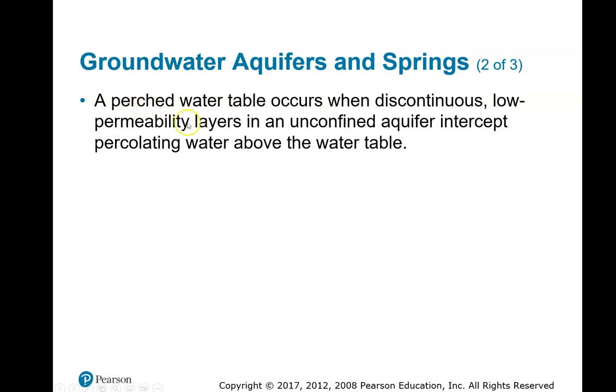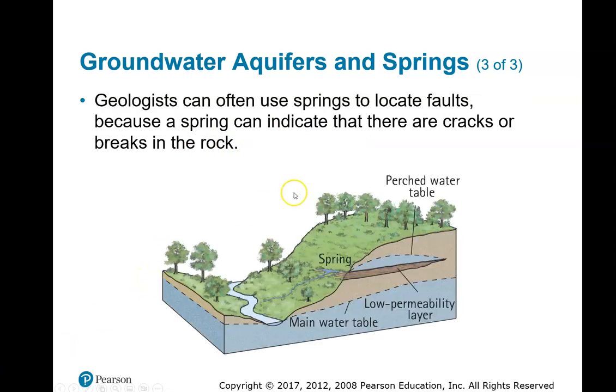Perched. Okay, so perched water is... Let me get a picture of this. It often occurs in these discontinuous low permeability layers. So you have to have a layer where the water is not flowing from one layer to the other. And here, it's so much better to look at a picture of this. Now, let's see if it shows it. Okay, I should have looked in the next slide. All right, so